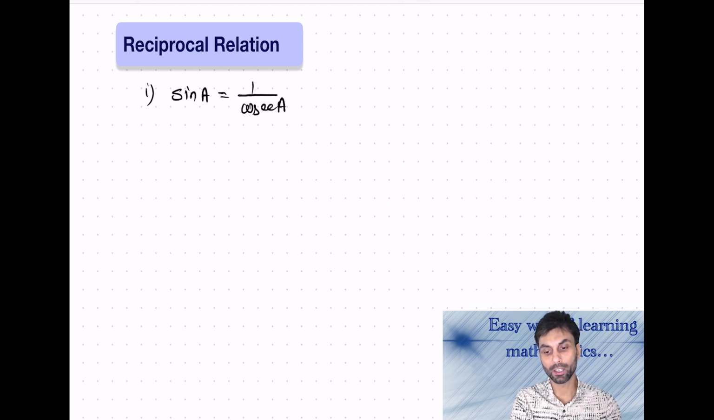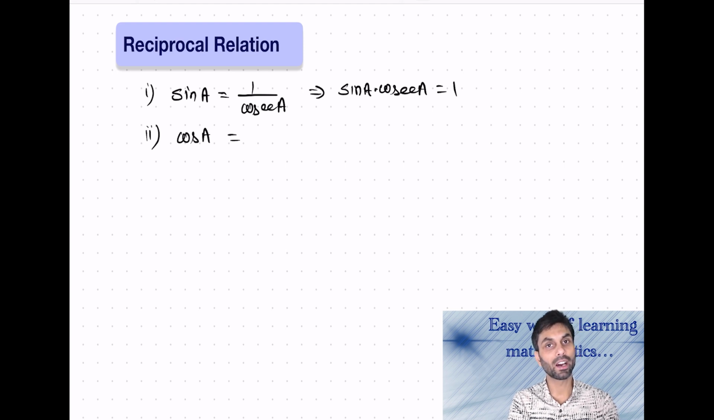And as we have already seen that sine and cosec have a reciprocal relation, what we can write is that sine of an angle A is equal to 1 upon cosec of an angle A, which can be written as sine A into cosec A, which is equal to 1. Similarly, we have also seen that cos and sec are reciprocals of one another, so we can write cos A equals 1 upon sec of an angle A, which will be cos A into sec A, which is equal to